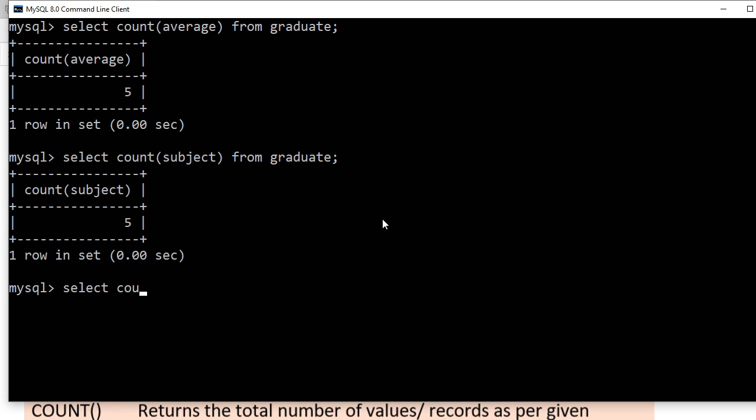Select count name from graduate, I can write any column because I have already shown you here. Where subject is equal to physics.